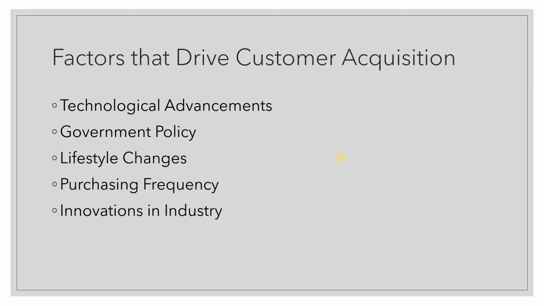And then purchasing frequency. Now, for instance, let us say the oil, the cereals, the pulses, the oats, all these kinds of FMCG products we consume on a regular basis, right? And here there is a tendency that I could keep switching my preferences or brands. Then what happens? The frequency is high for these kinds of products. So the acquisition could be easier and faster in these categories.